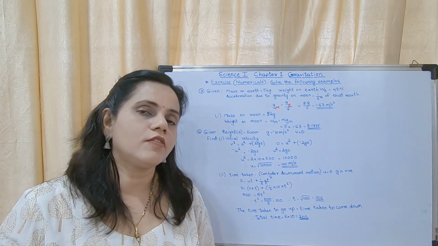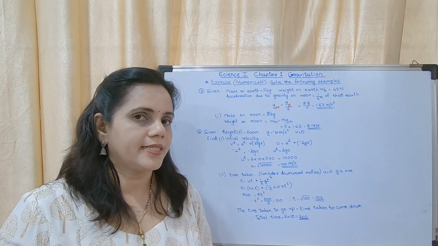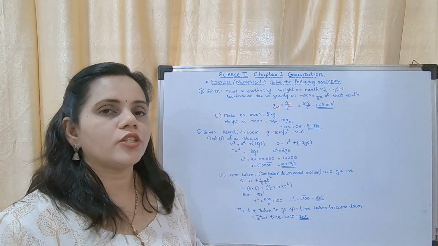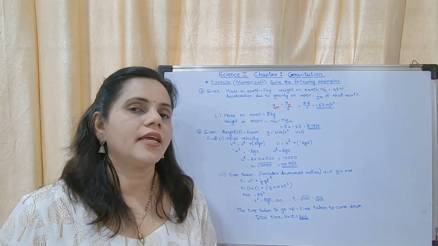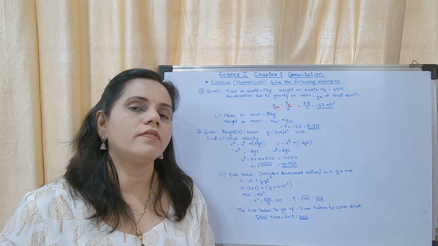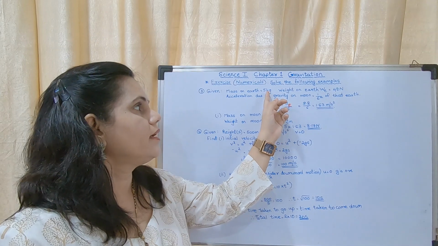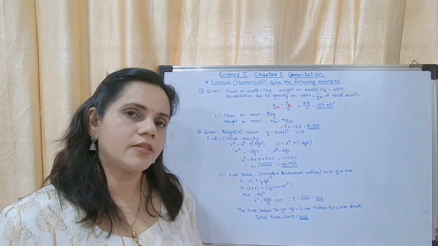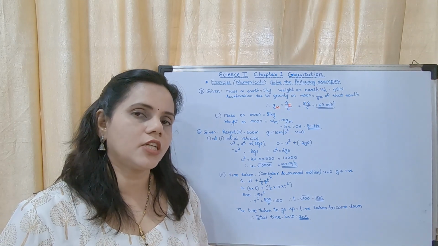So what is the value of G on the surface of moon? It is 1.63 meter per second square. Now mass on the moon is equal to 5 kg itself. What have they asked to find out? They have asked to find out the values on the moon. What will be the mass on moon? Mass on moon will be 5 kg. Here also it is 5 kg. Why? Because it is always constant.